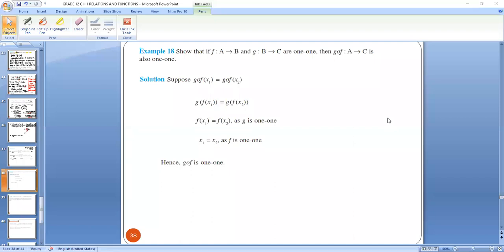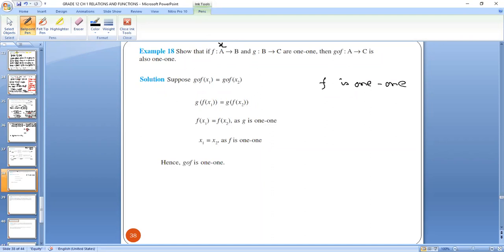Show that if F is a mapping from A to B and G is a mapping from B to C, and these mappings F and G are 1-1, then G of F from A to C is also 1-1. F is a mapping from A to B, which is 1-1. So F is 1-1. This means we are taking